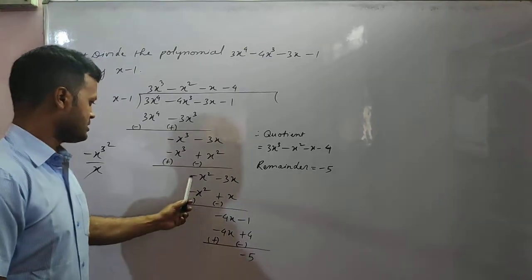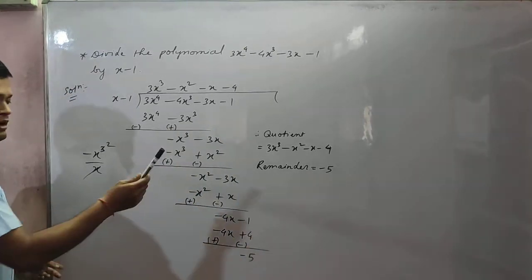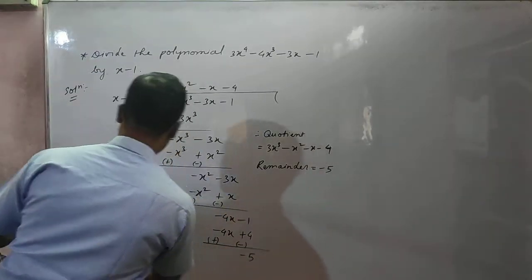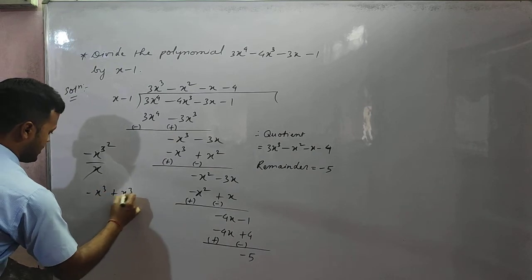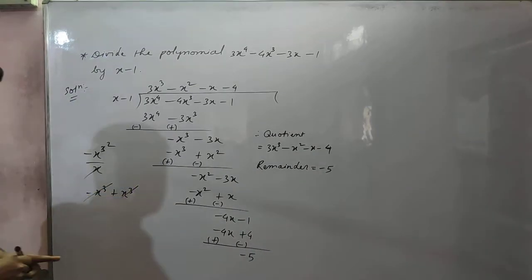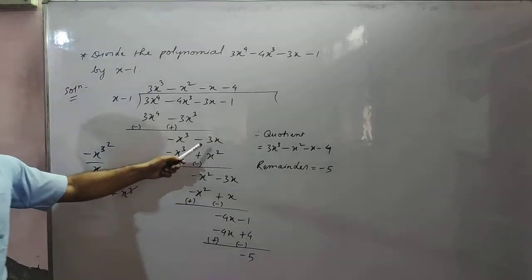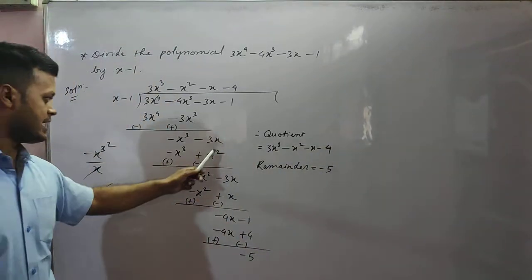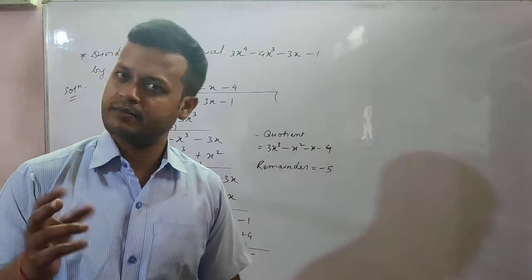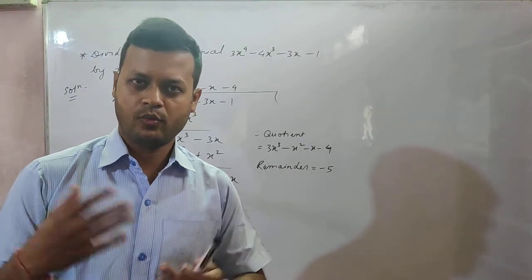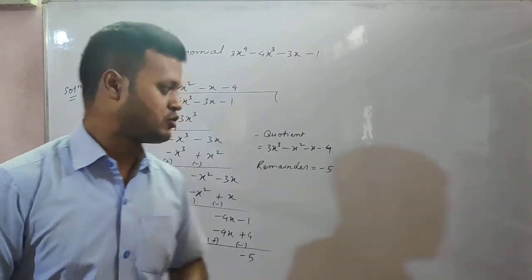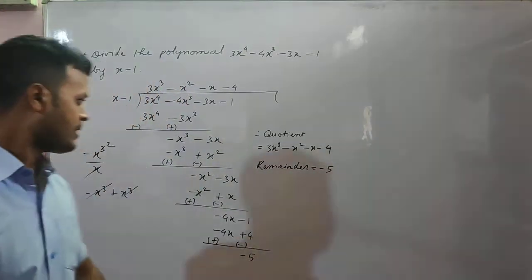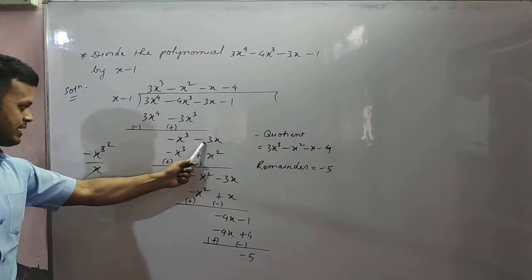Okay. Now in this, all of you must observe one thing. These two are cancelled: minus x cube and plus x cube. One is minus and one is plus, so they cancel. But here you see, above we have 3x and below we have x square. These two are unlike terms, isn't it? 3x and x square are unlike terms. We can add or subtract x square with x square, xy with xy, x with x, but we cannot subtract or add 3x and x square because both are unlike terms. So therefore minus x square will come down here and minus 3x will come here.